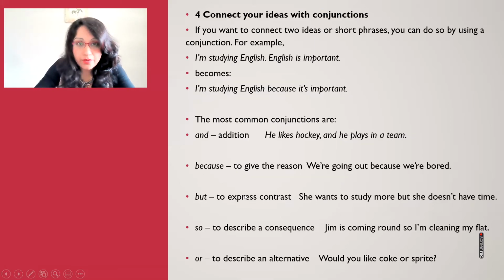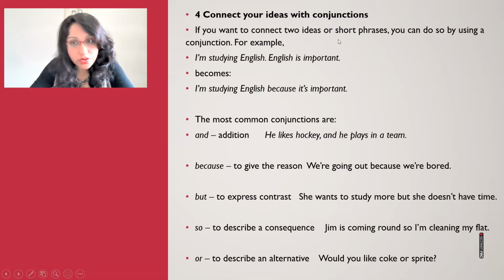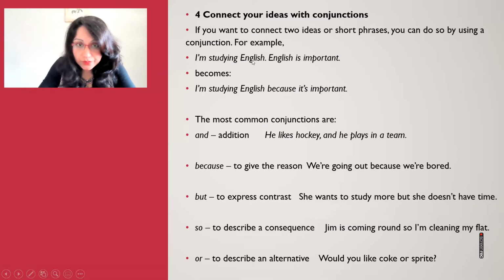Okay, so now we have the next one, which says connect your ideas with conjunctions. So if you want to connect 2 ideas or short phrases, you can do so by using a conjunction. For example, when you say "I'm studying English, English is important," it becomes "I'm studying English because it's important." All right, so because is the one that is joining these 2